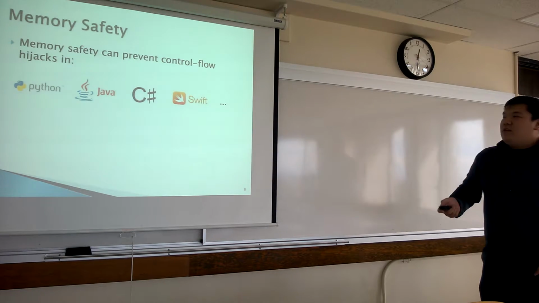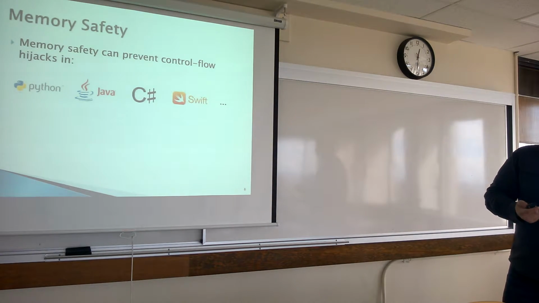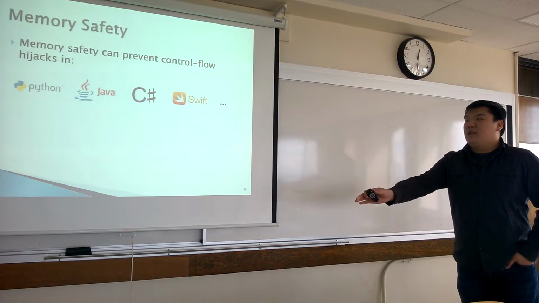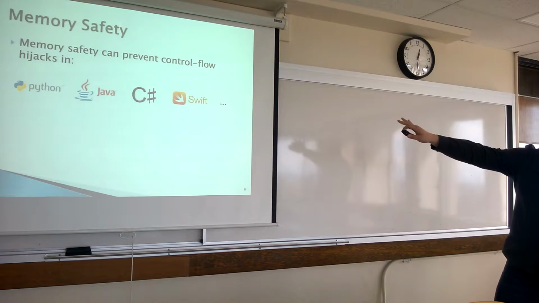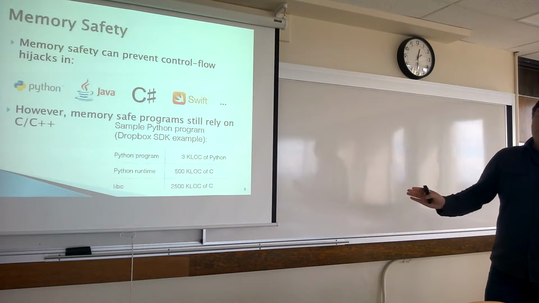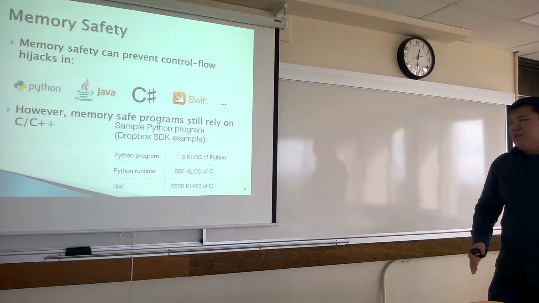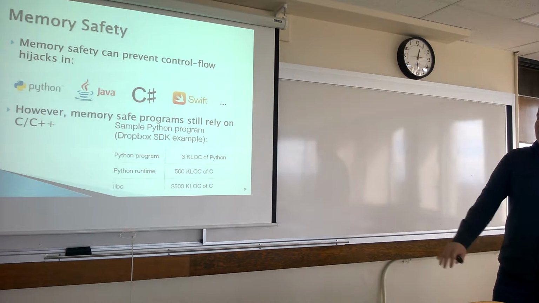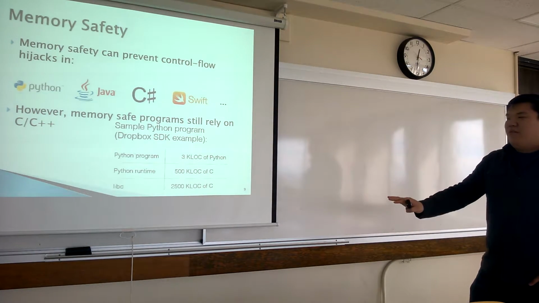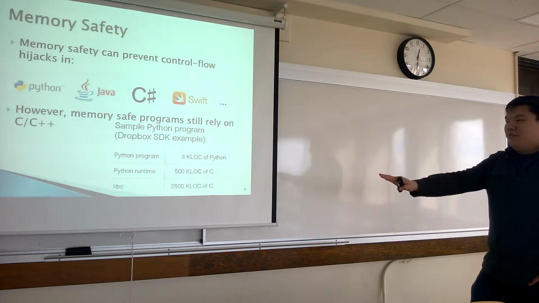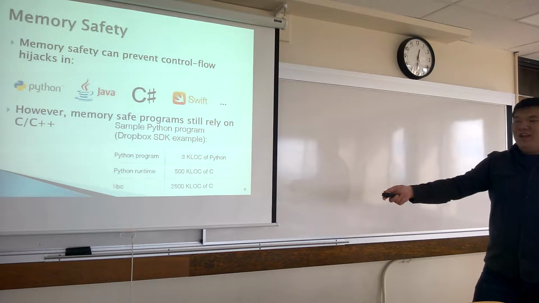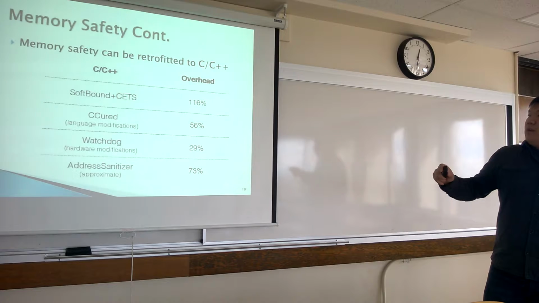So for memory safety, it's something that's already currently used in a lot of things to prevent control flow hijacks, for example in languages like Python, Java, Swift, as listed here. But the problem with that is that memory safe programs themselves still rely on C and C++, and by default that's not memory safe. So just a small example that they had was that in 3,000 lines of Python code, you'd execute about 500,000 lines of C in the Python runtime, and libc, which has about, as you can see, 2,500,000 lines of C code. So in terms of memory safety